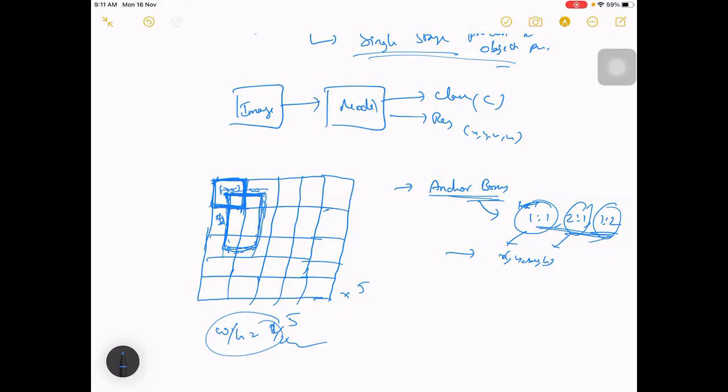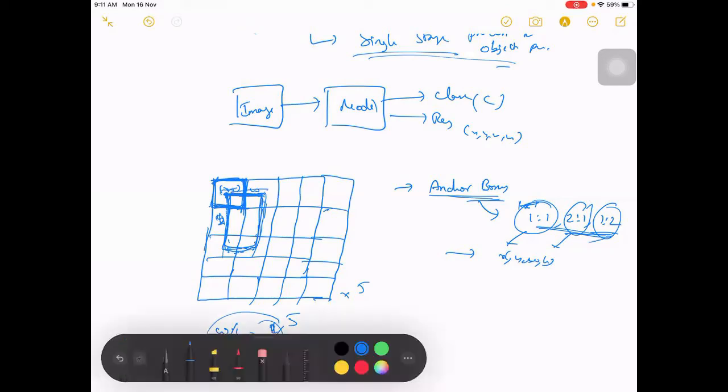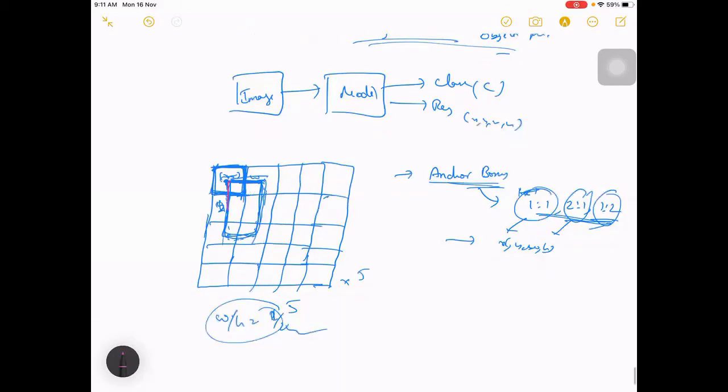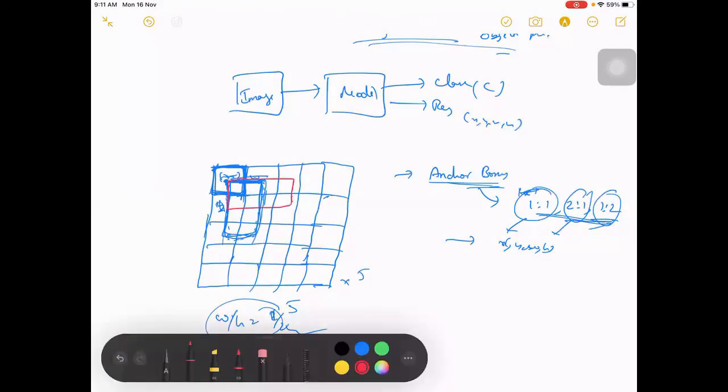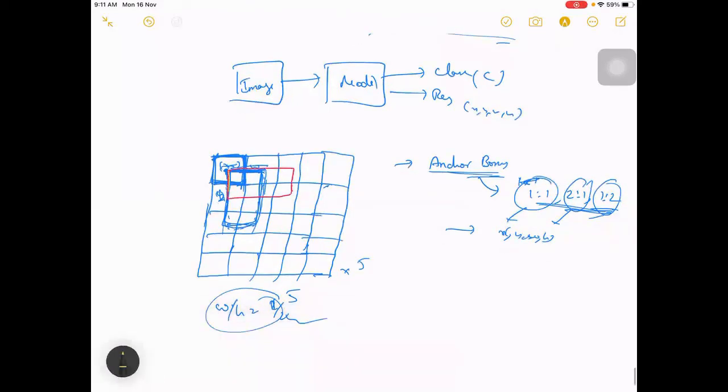Similarly, you may also have some box like this, and maybe one more box this way. It doesn't fix these numbers, like how many proposals and so on.